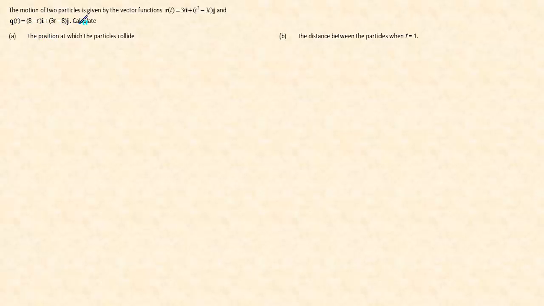The motion of two particles is given by the vector functions shown here. So one particle is r as its position vector and the other one is q. We want to calculate the position at which the particles collide. Well, if they're going to collide, their i components must be equal and their j components must be equal at